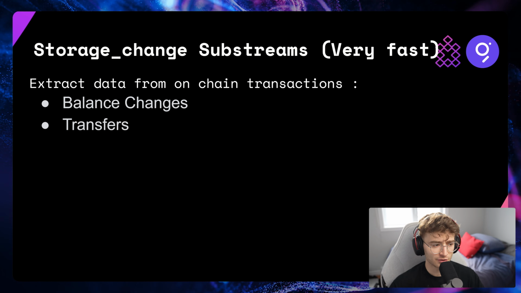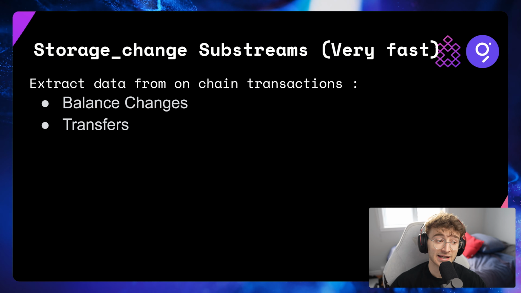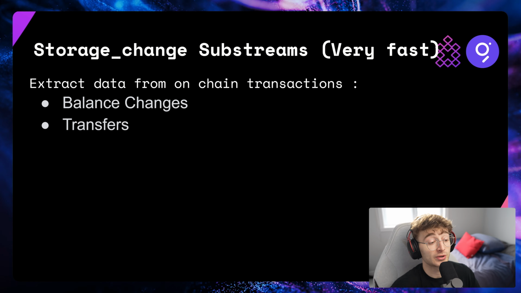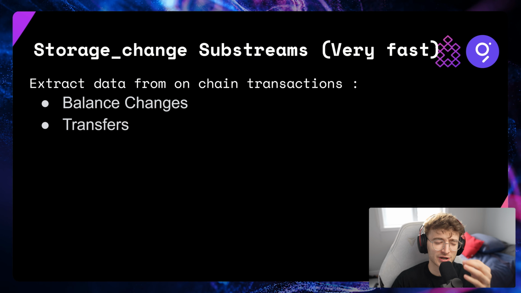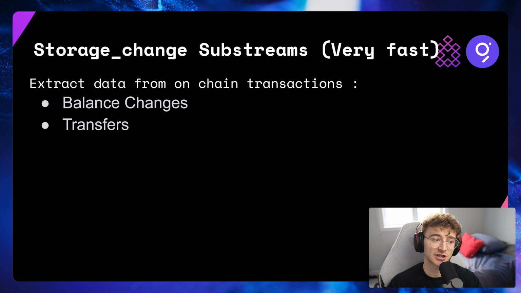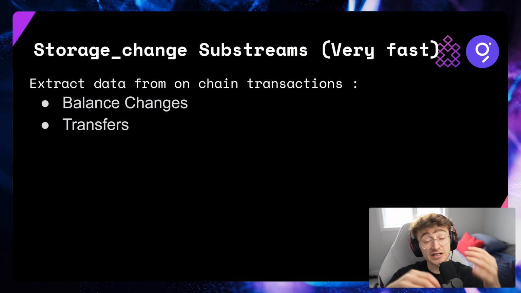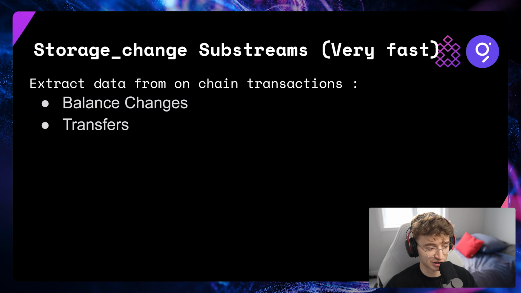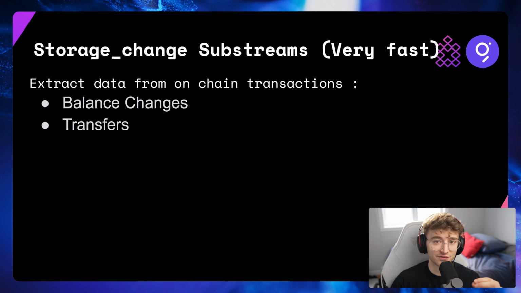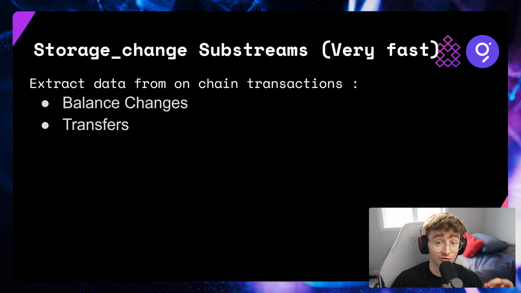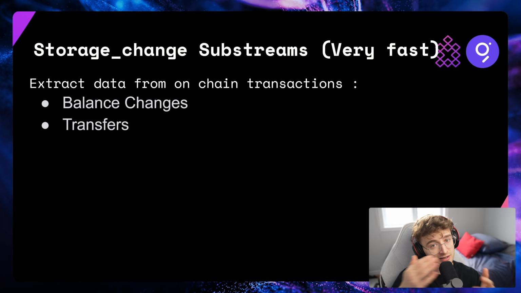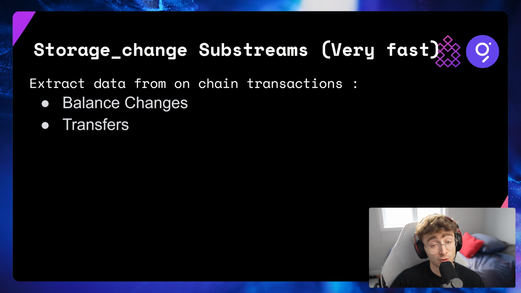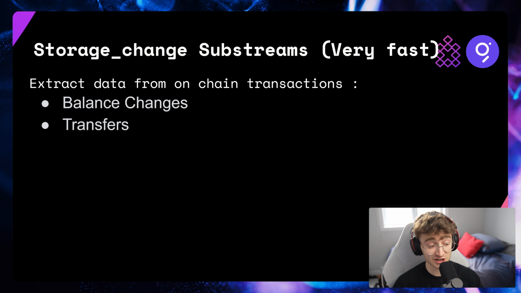For the balances and transfers, what we use to extract this data is storage change. In Ethereum, every time there's a transaction, for example a transfer, we have in the logs what we call a storage change. It's basically the value stored in the blockchain that says this person, for example, has this number of tokens, and it changes to that number. With Substreams, working with storage change is very fast because everything is on the chain's transactions, so you just read the data and extract it. I will show you later what the calls are and why they're slower, but we have no choice for the other ones. For balance change and transfer it's very fast.